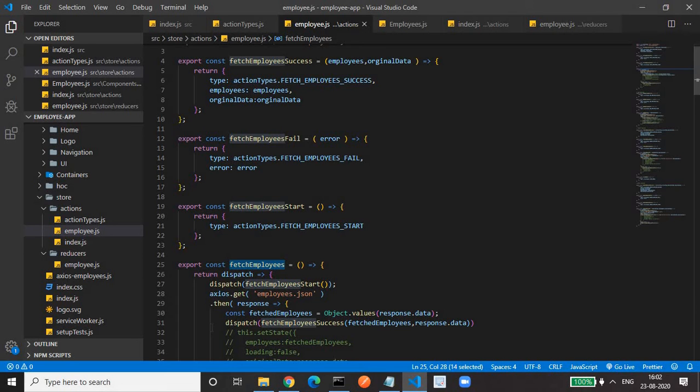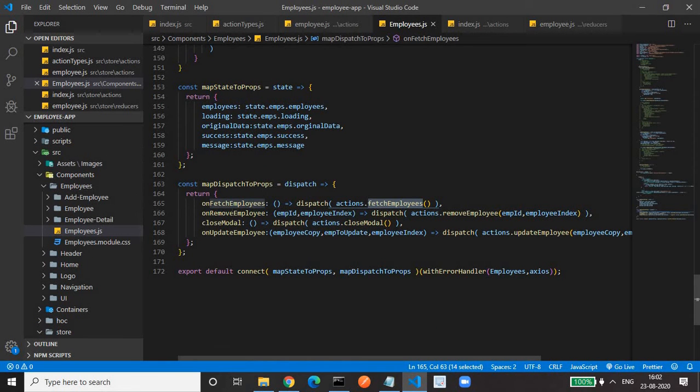This is the action that we have to trigger in the component. We have to dispatch it, and you can give it any name. It's again a function in which we have to dispatch action.fetchEmployees.